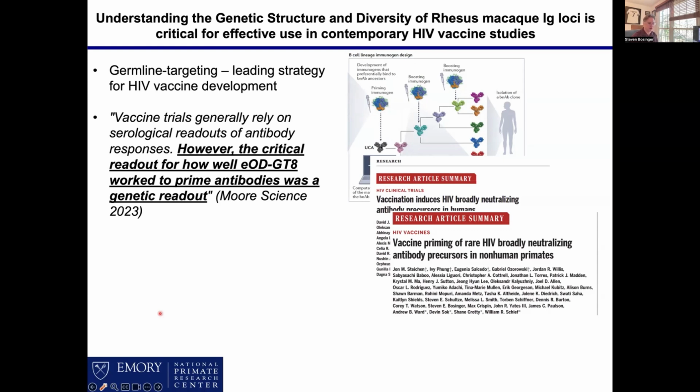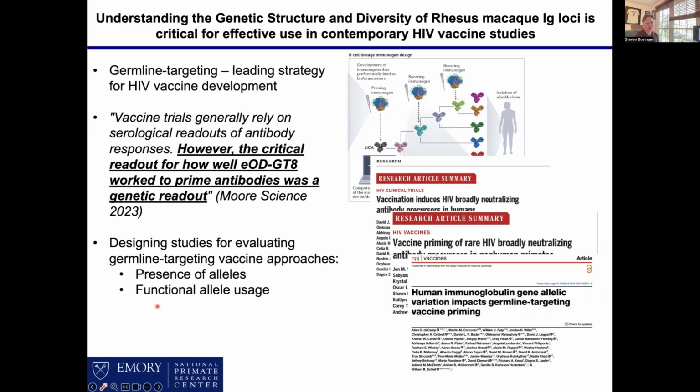And so for 20 years, our metric of success for these vaccines has been the eliciting of some kind of neutralizing antibody. But beyond the landmark results of being able to elicit these antibodies, the secondary thing that came out of these papers was that these vaccine trials are now really relying on a genetic readout to see if they're on the right track or not. Basically meaning even if you're not getting neutralizing activity, showing that your vaccine is able to elicit the proper class of antibodies is going to be critical for continuing to engage that immunogen with more trials and more studies.